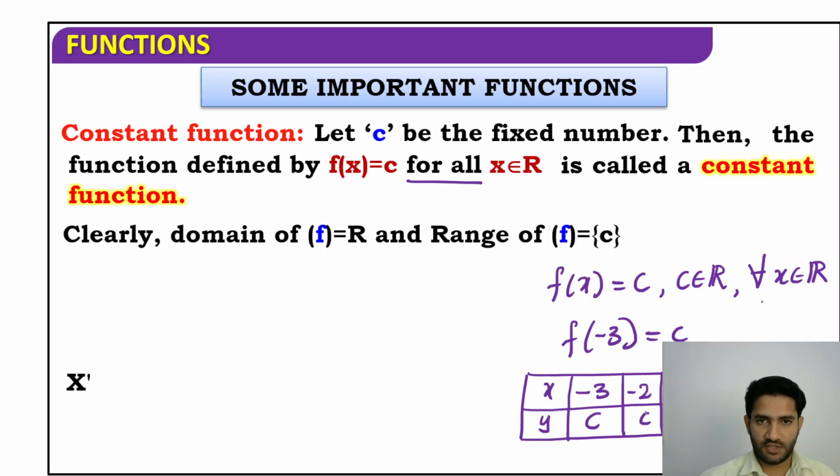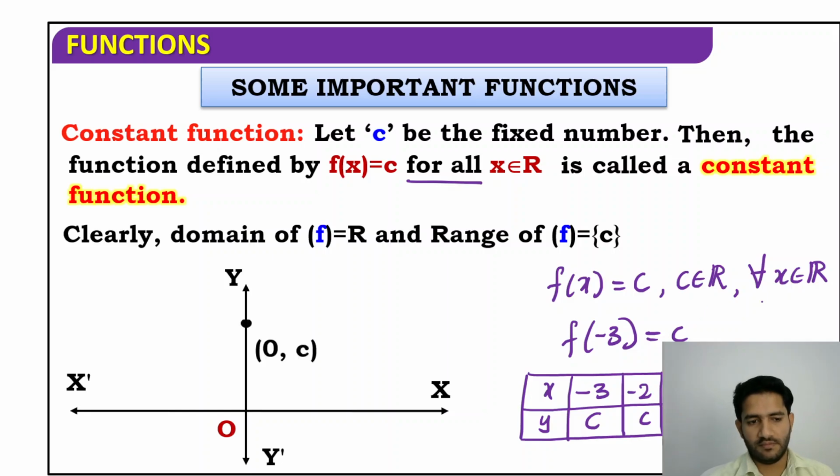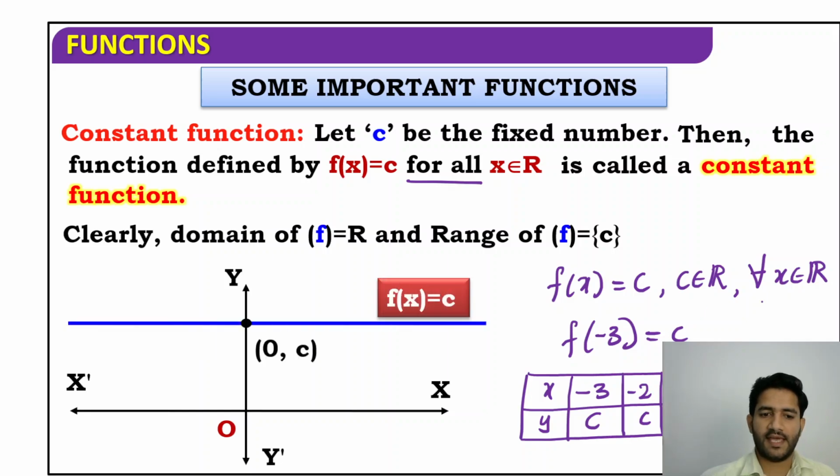So that's why we can draw the graph with x-axis and y-axis. Clearly it's a straight line parallel to the x-axis passing through 0, C. Here we consider C to be a positive number, that's why it is in the upper part. Okay, so next function,